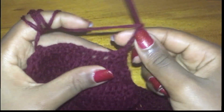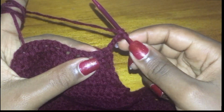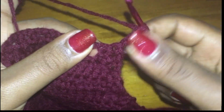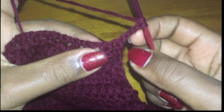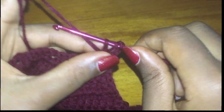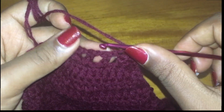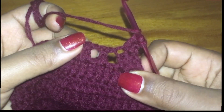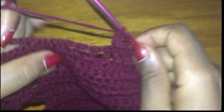So now we're going to make another decrease here, and this is going to be our last decrease. So to do that, you're going to insert your hook on top of the 2 stitches that you decreased from your previous row. So you're going to yarn over and insert your hook there, pull up a loop, pull through 2, yarn over again, and this time you're going to go on top of this stitch. Hope you can see that, on top of that stitch, and then make that decrease,